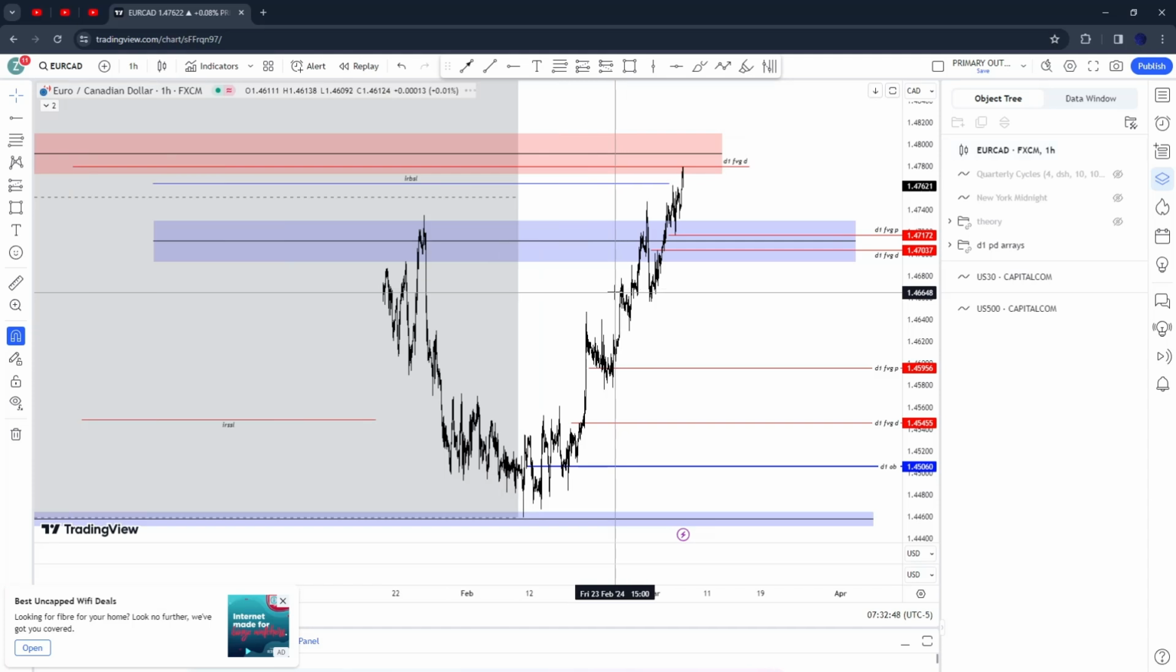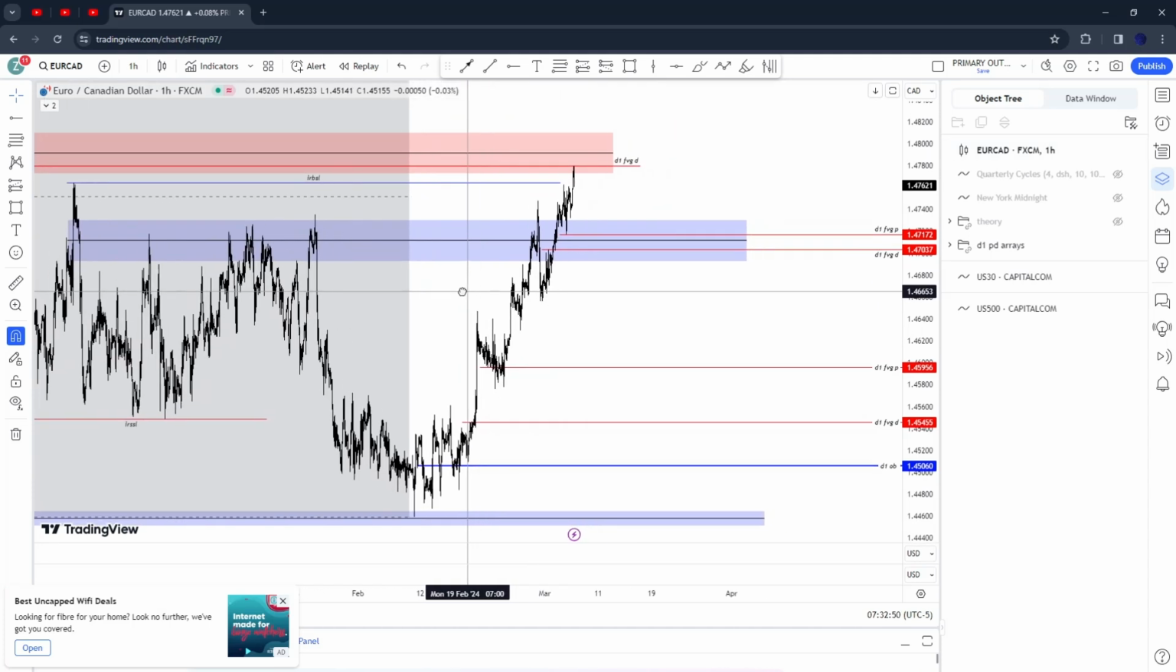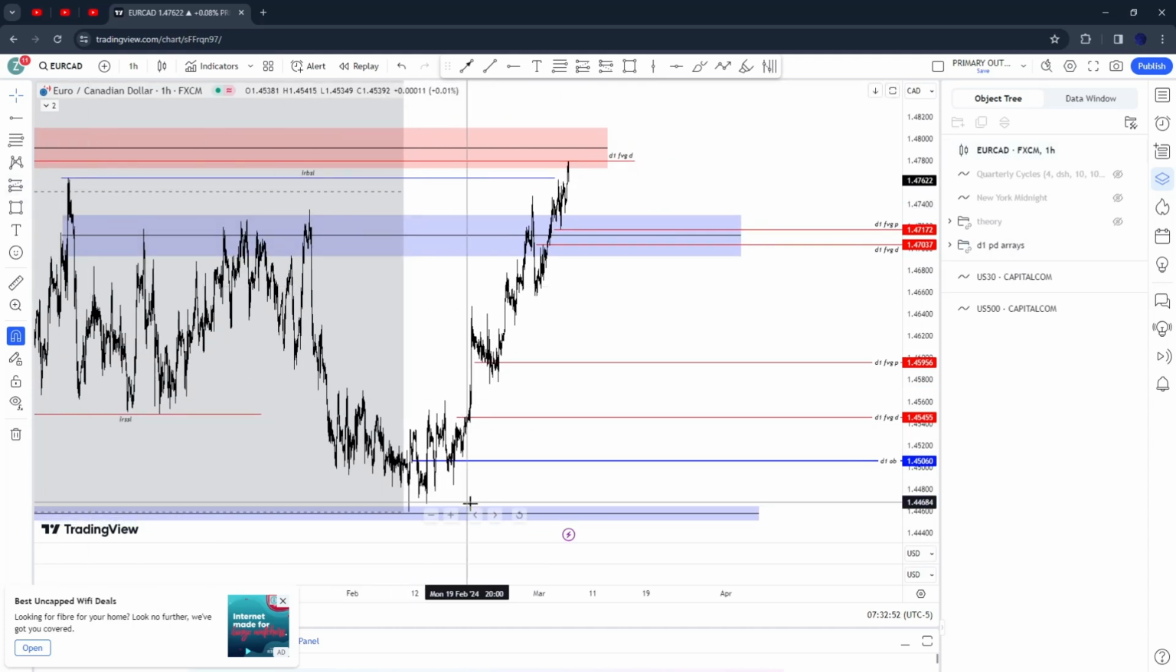If it prints, yeah. So this is a range on its own. If we look at the range independently, this would be a raid on external liquidity, right? Now,